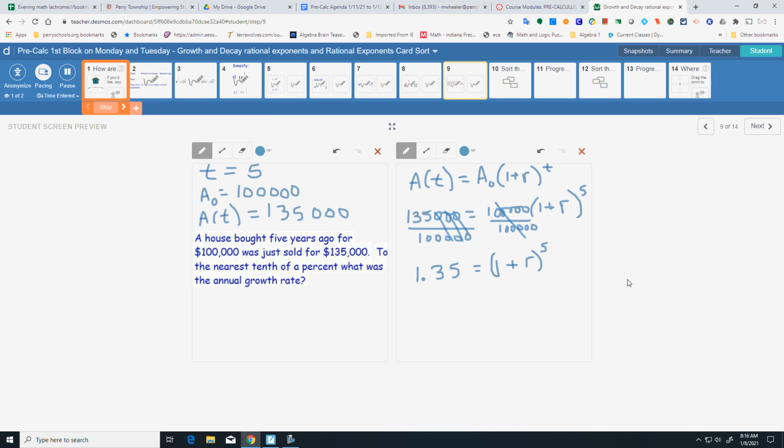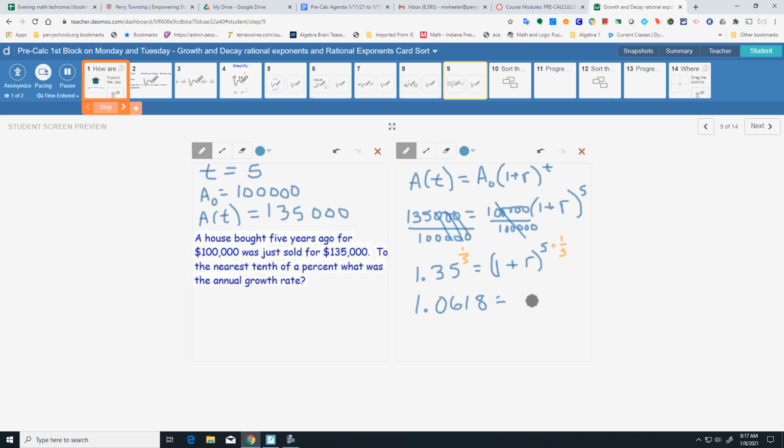Well, I need to get rid of that exponent right there. So I'm going to need to make sure I have my calculator ready. Because the way I'm going to get rid of that 5 is I'm going to raise that to its reciprocal, which is 1/5. Or you could have done the 5th root as well. Either way would have worked. So I can't do that in my head. So I'm going to use my scientific calculator, 1.35. And depending on your calculator, it might be y to the x or x to the y. And I got 1.0618